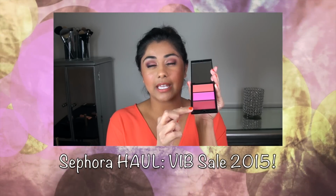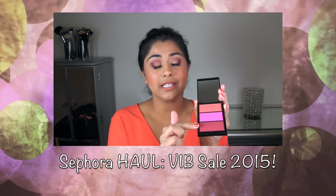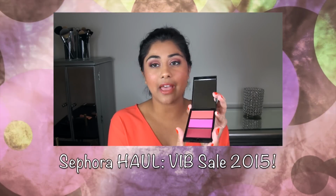Most beautiful metallic goldy bronze. Get them in essentially the little blush pans. You pick them up individually and then you purchase